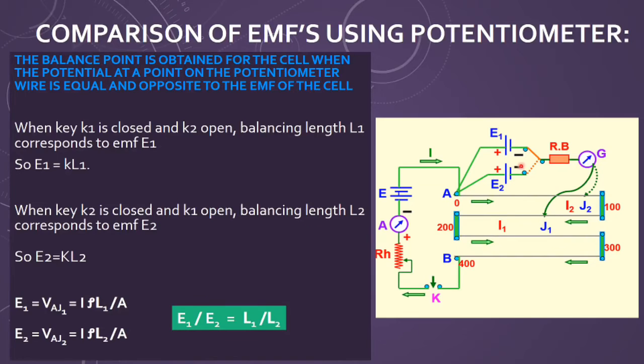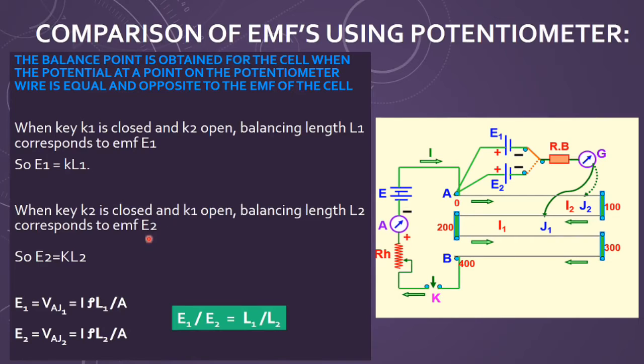Now what will happen? In the second step, you will take out this key from E1, but you will insert the key which is with the cell E2. So now E2 will come in connection and E1 is not in connection, and then again you will move the jockey over the potentiometer wire to find the null point. It means where the galvanometer shows no deflection,